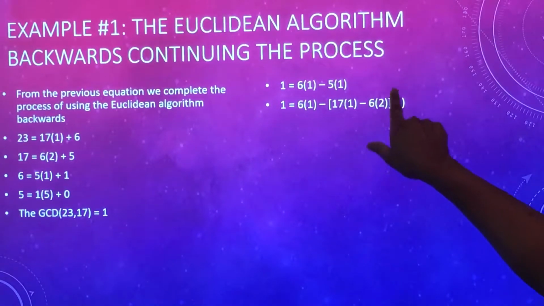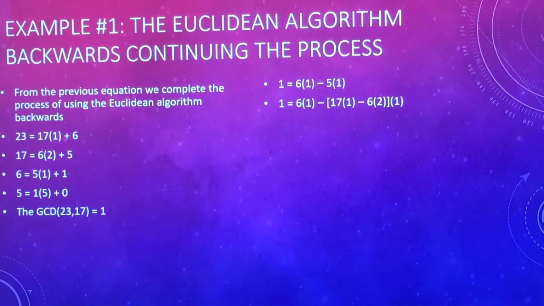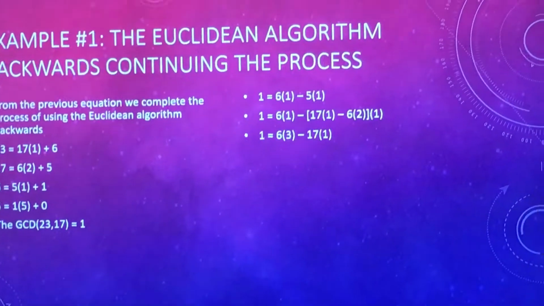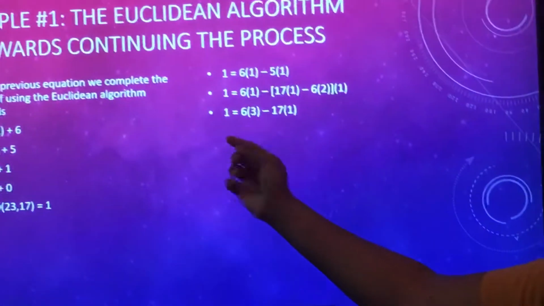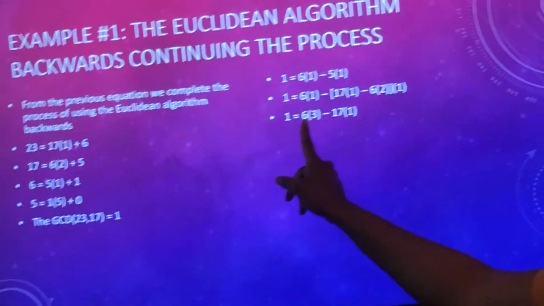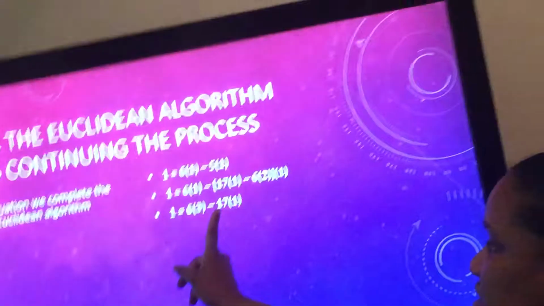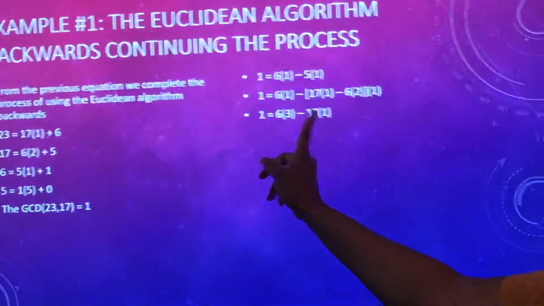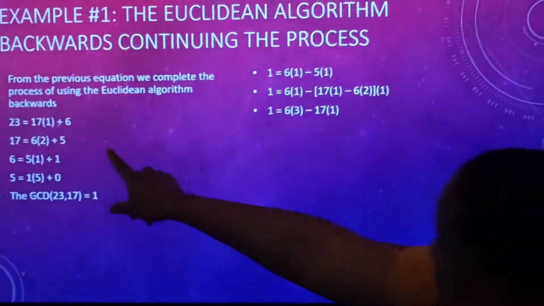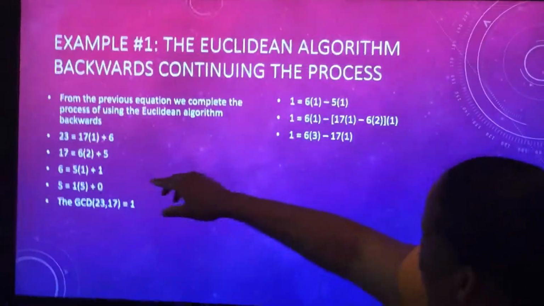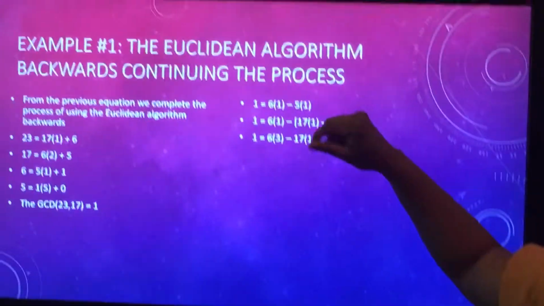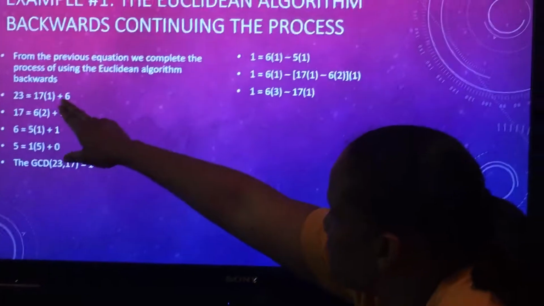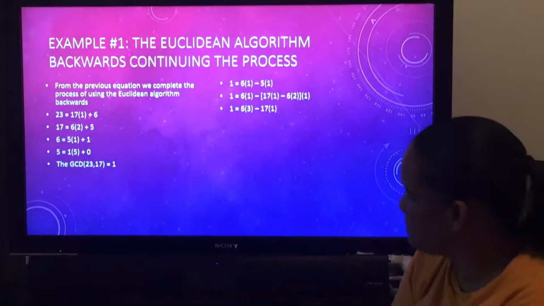We're going to distribute this 1 into our equation, and then combine like terms. Once we do all that, we have 1 is equal to 6 times 3 minus 17 times 1. That is true, it gives us 1: 18 minus 17 gives us 1. We still have one more line left up here, and we're going to go back. This time we're going to solve for our 23. So solve for 6. We're going to rearrange it so we can put it in for 6. We put it